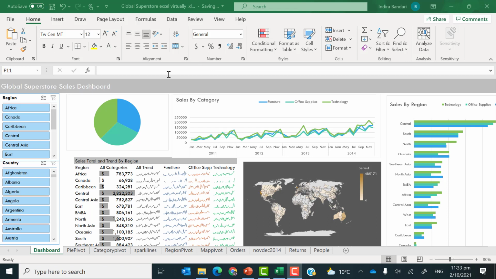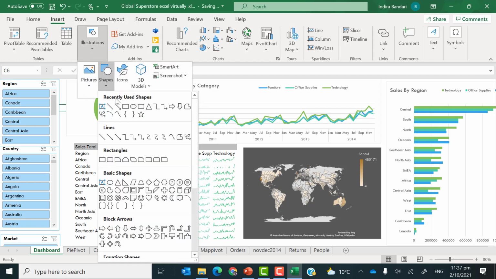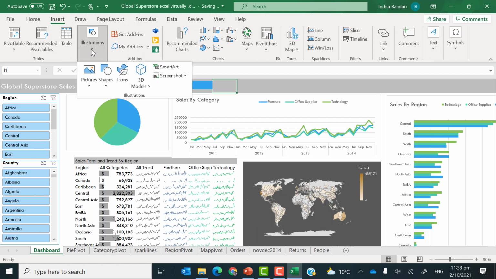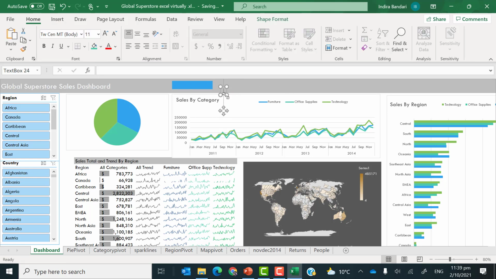Now we will add a legend that is common to everything. So instead of having a legend here, we will add a legend here. I'm going to use a rectangle: insert, illustrations, shapes, and I'm just going to use a rectangle. The first one is furniture, so I'll add a text box with it. Go to insert again, illustrations, text is here, so we can go insert and text box, and here we can just